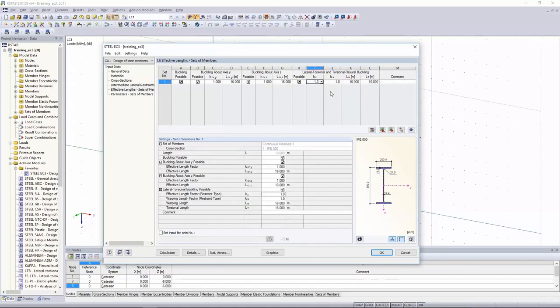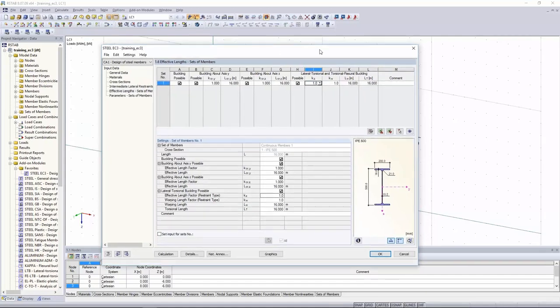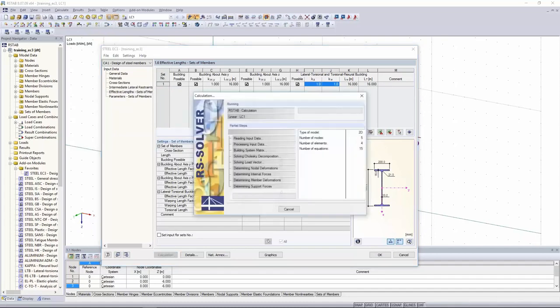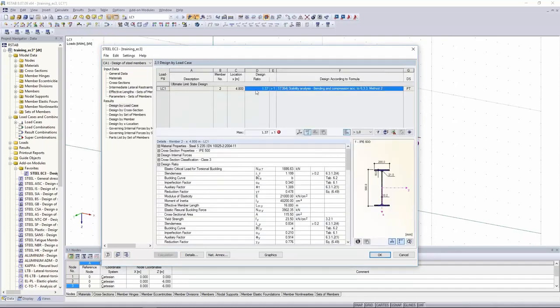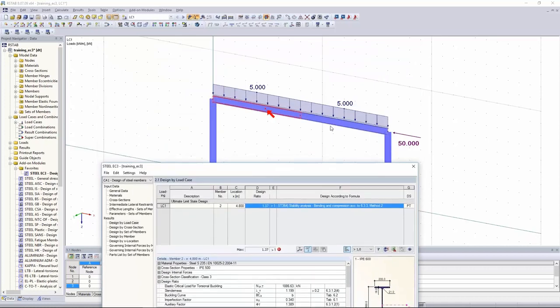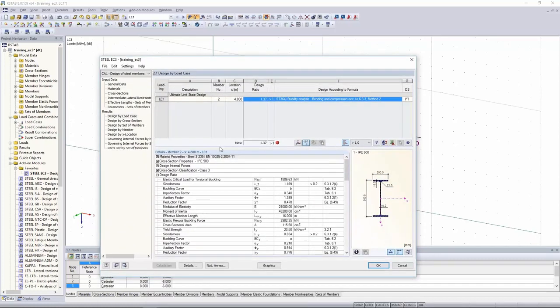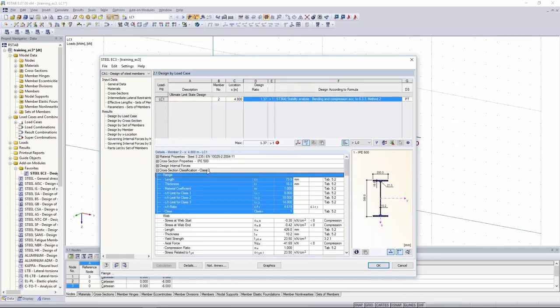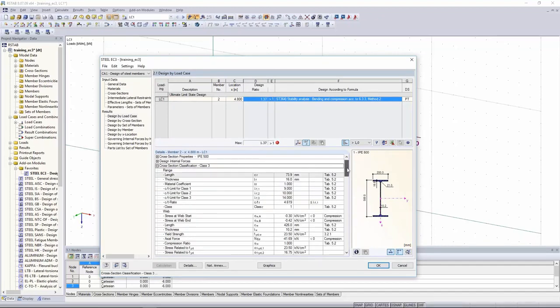We want to keep it simple and design it as a simple fork-supported set of members. So all of these settings are already fine. We have buckling length factors of 1.0 in both directions, and the beam is simply fork-supported. So now I can just run the calculation, and you will see we have an overloaded horizontal set of members here. We have a cross-section class 3, and you can check all the partial results in the design